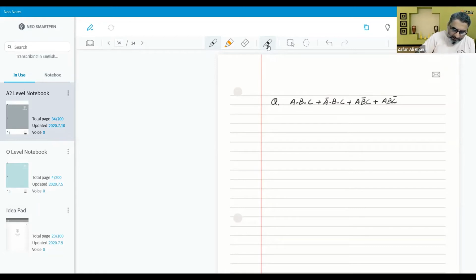अब रीराइट कैसे करें इसको? हम रीराइट कर लेते हैं ऐसे. ABC plus A naught BC plus A B naught C plus ABC naught. हमने इसको ब्रैकेट में डाल दिया. सो अगर हम इसको ब्रैकेट में इस तरीके से डालते हैं तो this would become ABC